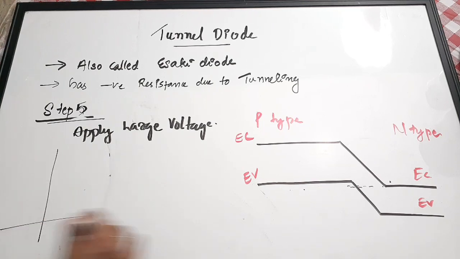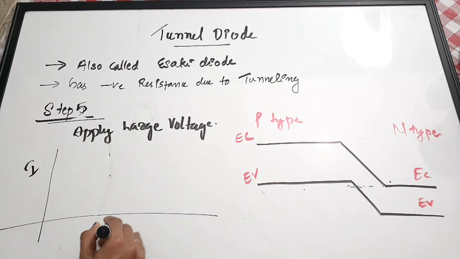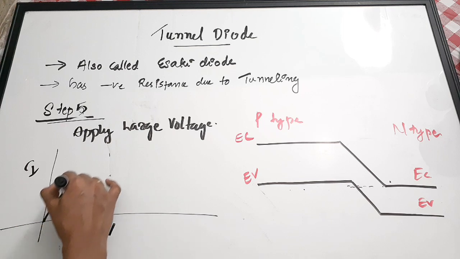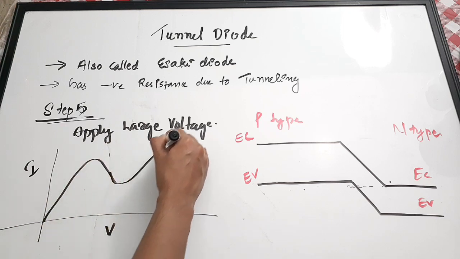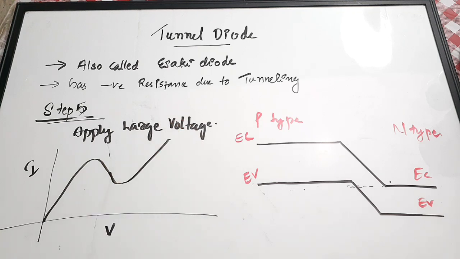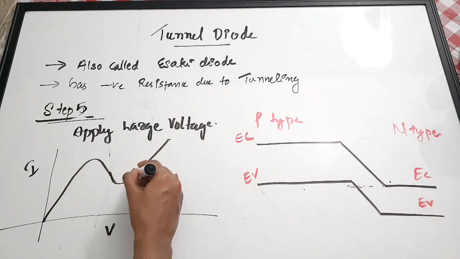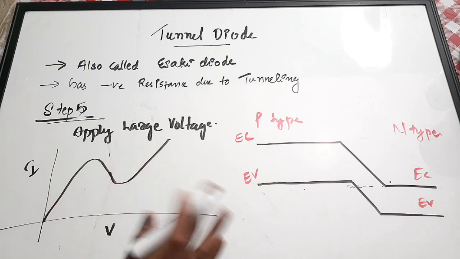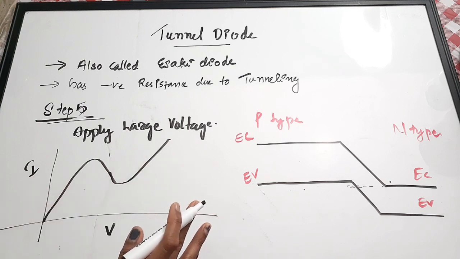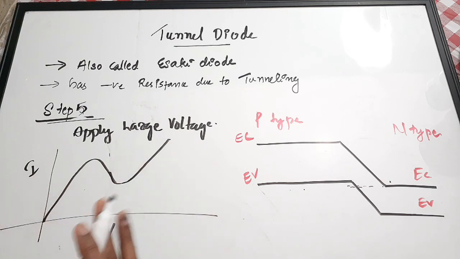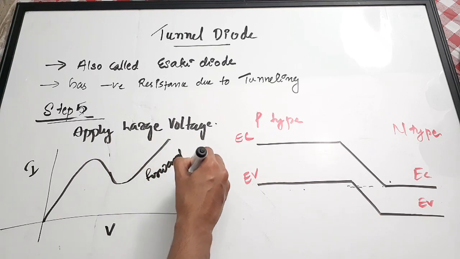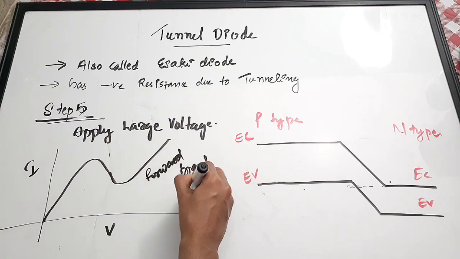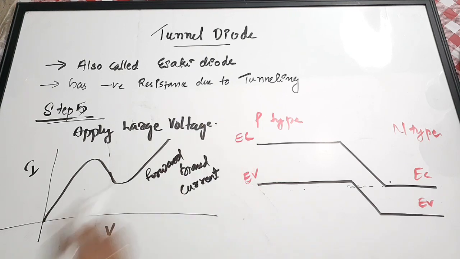So this is the curve. I'm going to draw the current against the voltage. So it was like this, right? From this point it will again start increasing. Now just know that this current rise is not due to tunneling. There is no tunneling happening further. This is due to the forward biased current, or this is a forward bias maximum current happening.